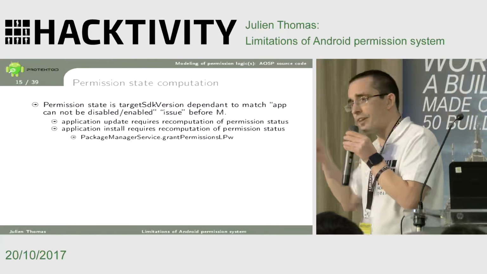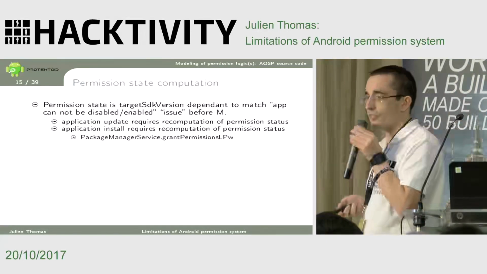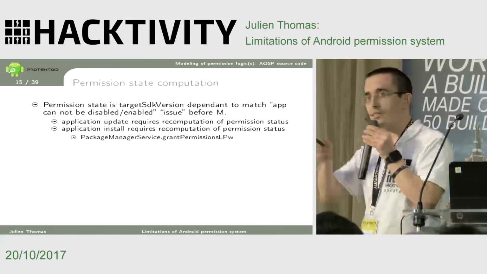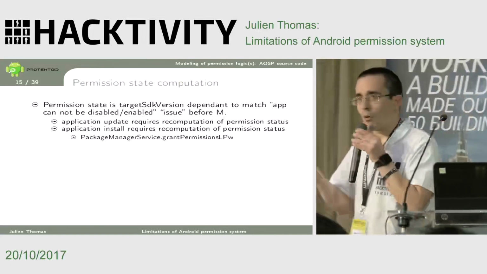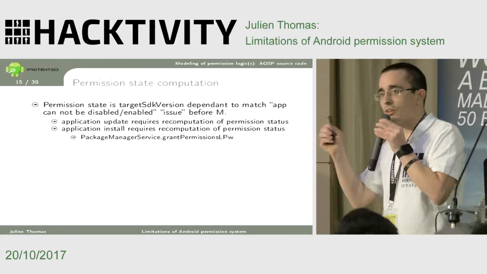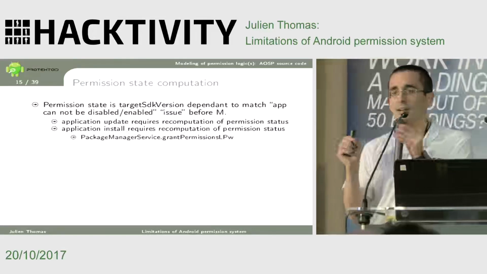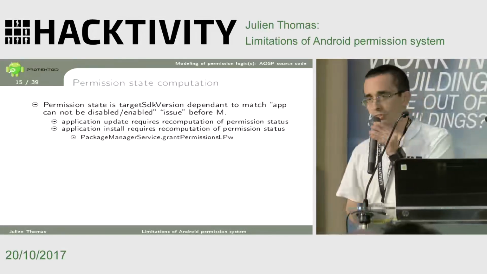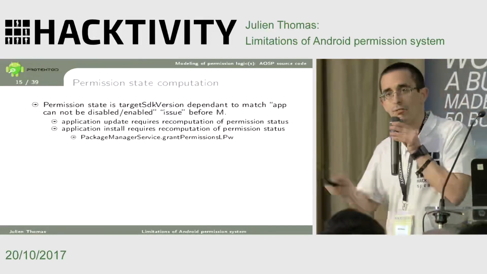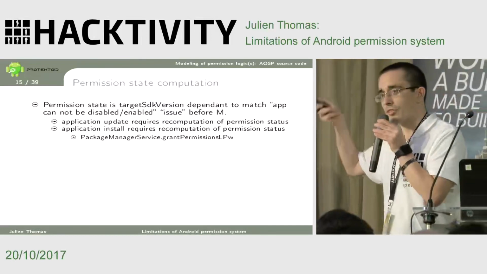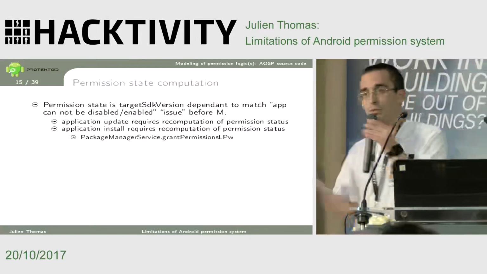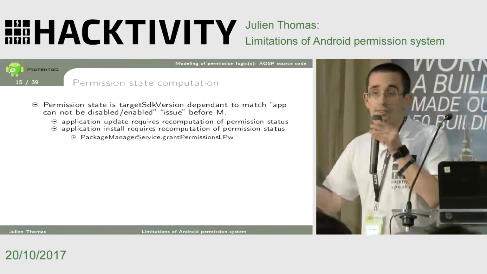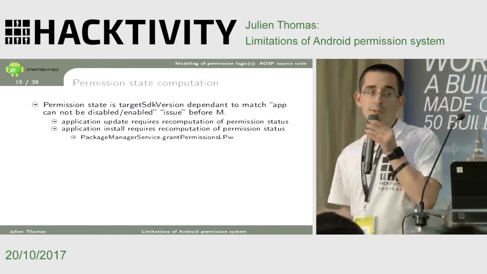Like you have to update the algorithm correctly. When you display to the user, you have to take into account whether this is an old application or a new application. And the question is, what happens with a single user ID where you have two applications that do not follow the same API level? You have an application that is supposed to be granted everything by default, and an application that is supposed to be granted only normal permissions by default. But they are on the same user ID, so they are granted the same permissions.